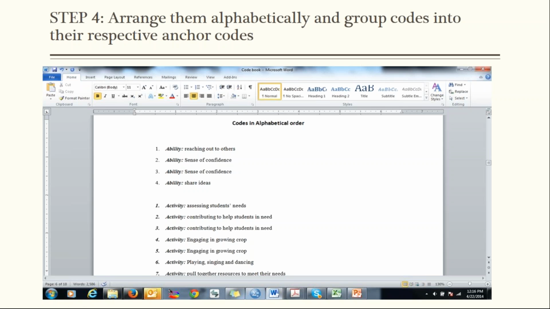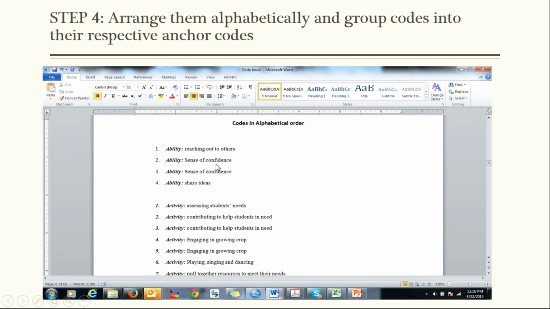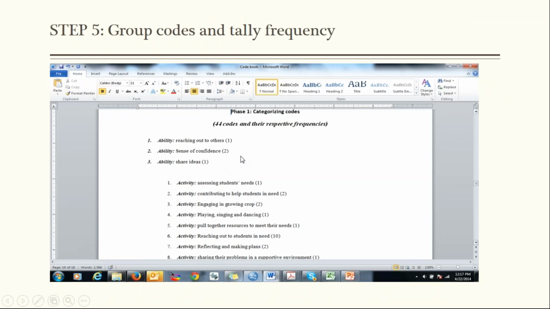So then the next step is to group them and tally. You can see that previously there was sense of confidence, sense of confidence, so that's 2. So you delete one of them and then in parentheses you indicate 2, showing that there are 2 significant pieces of information that this node is assigned to. So that is called tallying